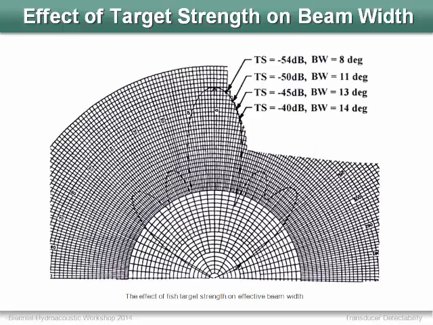This is just a cut showing that for a different target strength fish, again with a single beam system, as you get into larger and larger fish, you can see them further from the acoustic axis,